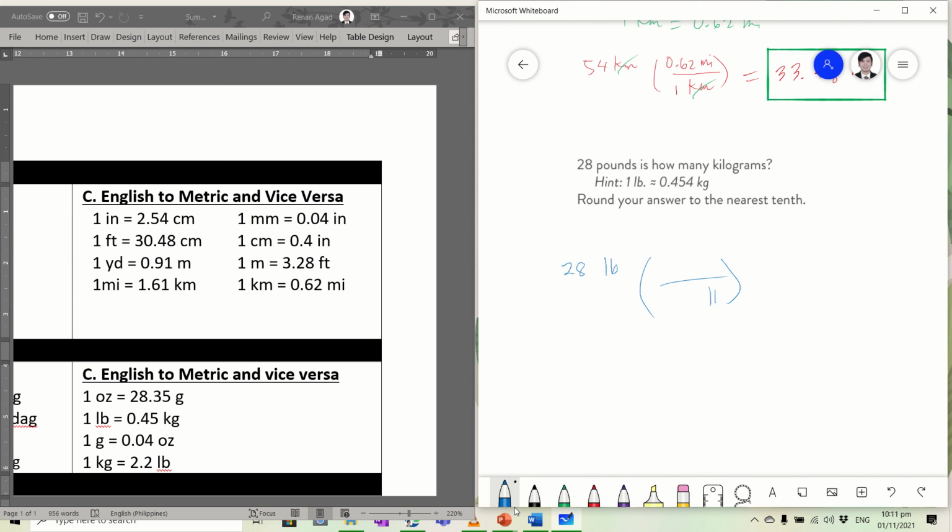So pounds in the denominator, that's 1 pound, and then approximately 1 pound is equal to 0.454 kilograms. The pounds will be cancelled out because pound is in the numerator and this one is in the denominator. So 28 times 0.454 is equal to